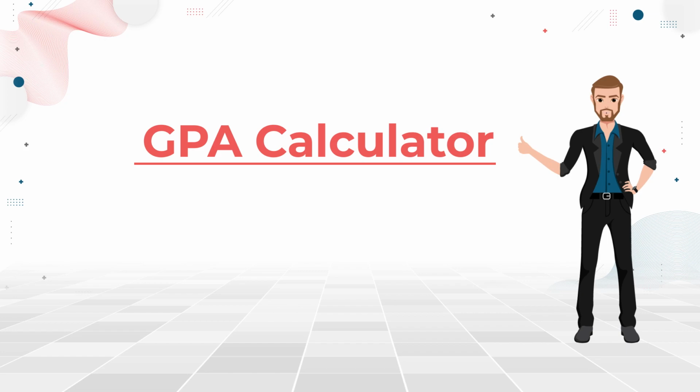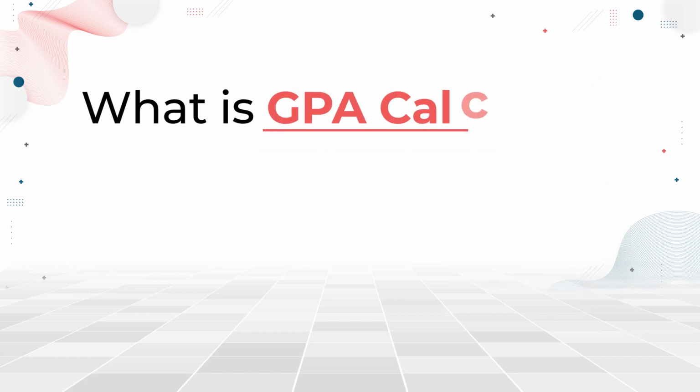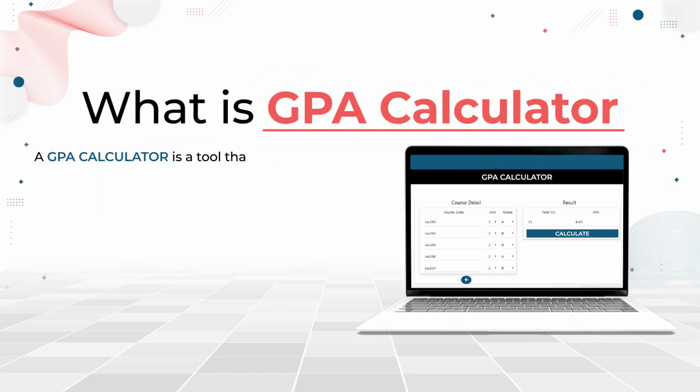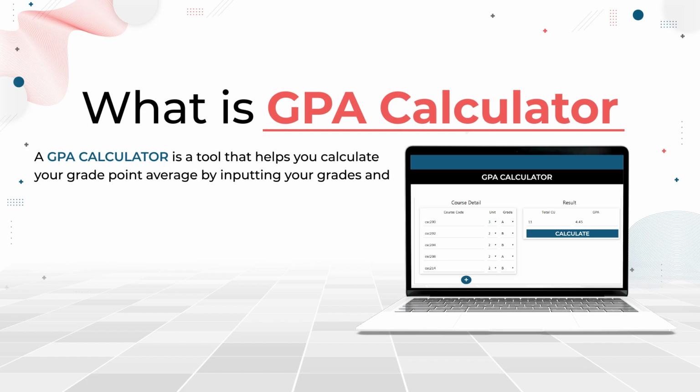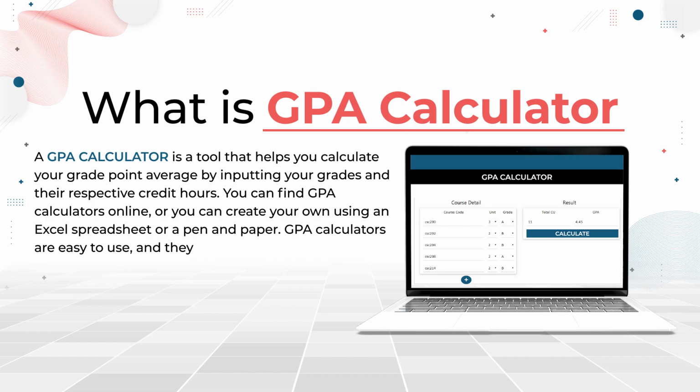If you are a student or someone who works in the education field, you know that GPA, grade point average, is an essential measure of a student's academic performance. A GPA calculator is a tool that helps you calculate your grade point average by inputting your grades and their respective credit hours. You can find GPA calculators online, or you can create your own using an Excel spreadsheet or a pen and paper. GPA calculators are easy to use, and they save you time and hassle by doing the